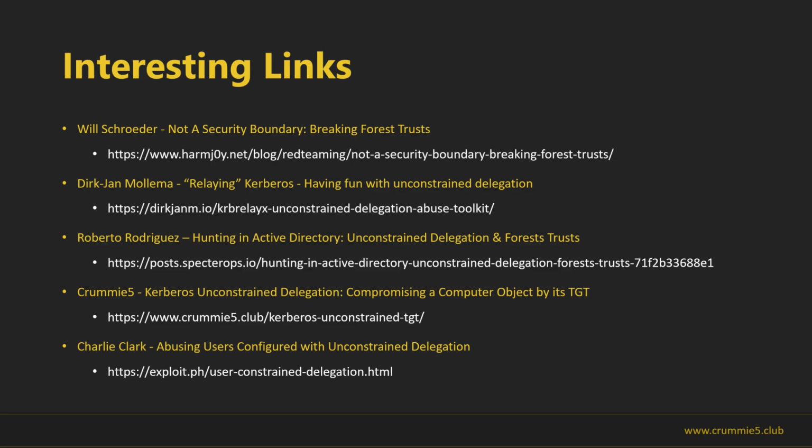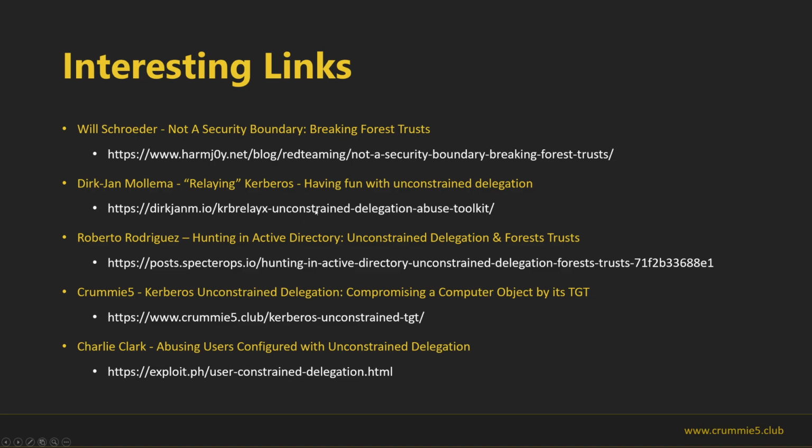So they made a domain controller from the other forest connect to an unconstrained service that they had in the forest they compromised. The external domain controller dropped his own TGT, and they could abuse that to impersonate the domain controller and then compromise the other external trust.